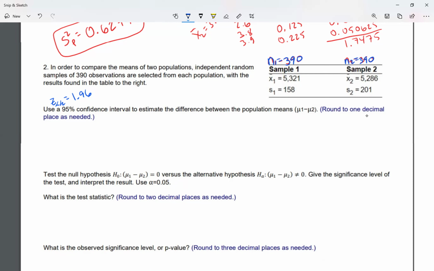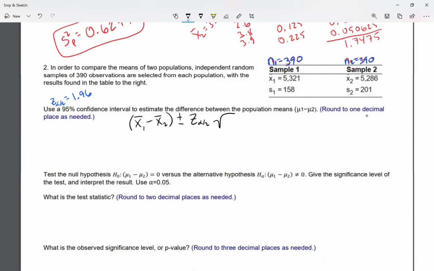Okay, so this is what I'm going to do. This is a formula we're going to use. Let me use black to emphasize it's a formula. First, I'm gonna go x1 minus x2. So the mean of sample 1 minus the mean of sample 2, right? We can subtract those easily. Plus or minus, because I know my confidence interval gives me 2 values. So plus or minus my C-score, which we know is 1.96,